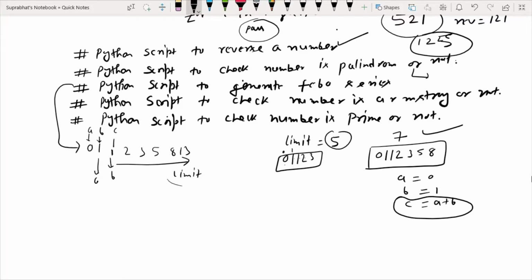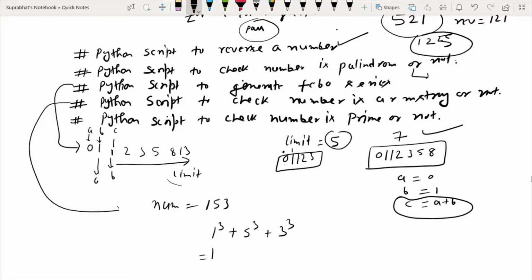Next one is a Python script to check whether a number is Armstrong or not. How will we check that a number is Armstrong? For example, suppose you have entered the number 153. Once you cube each digit of the number, 1 cube, then 5 cube, then 3 cube, you get 1, then 125, then 27. So you will get 153. This is the process by which you check whether the number is Armstrong or not.